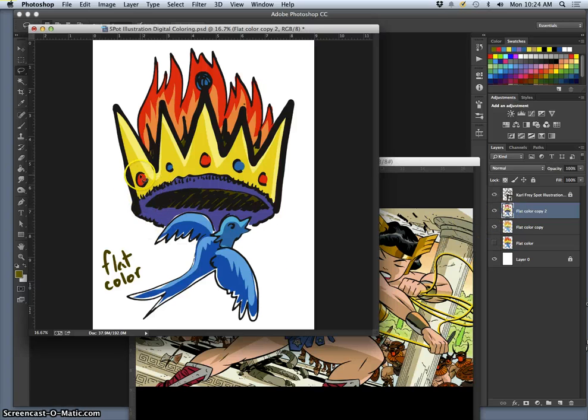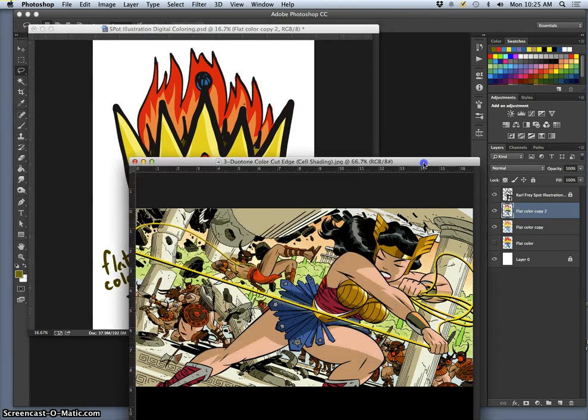And if you do duotone, you really want to kind of do it everywhere. So in each jewel, I'm going to also give it a light value, even if it's subtle. It gives you the advantage of being able to show reflection quite well. And in the purple, do it as well. Maybe even in the inside of the crown. All right, so that's duotone color. But there's two types of duotone color. There's cel shading,